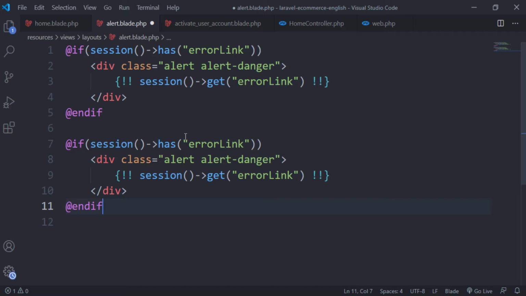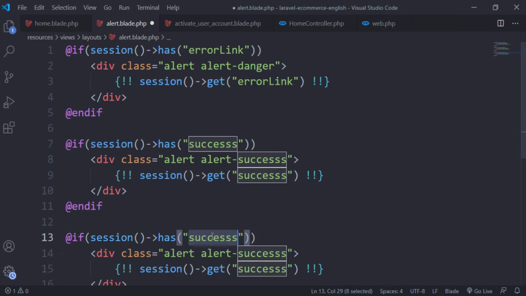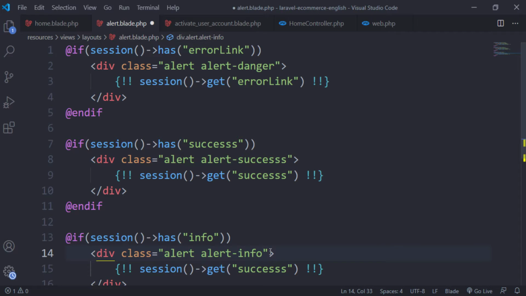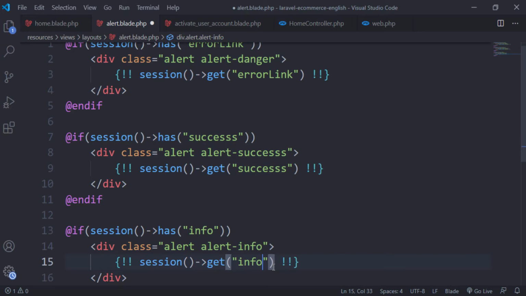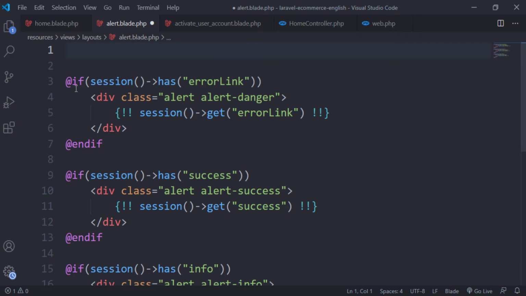So we need to add the error alerts for the success messages, and same thing for the info messages. For the info messages, here we add info, and here the info, and I think here that we have an S, we removed S, and also we must display the